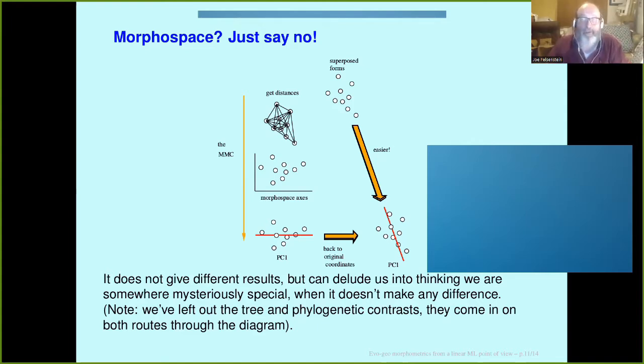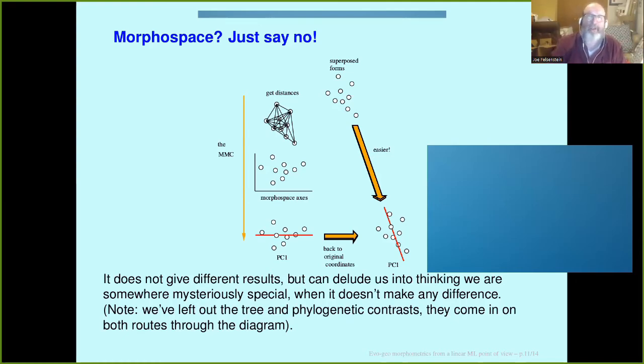But I just want to make the point that the analysis that you will have done going the route of the morphometric consensus ends up being exactly equivalent to taking principal components on the original high dimensional points and just simply ignoring most of the morphometric consensus. So we're going to take a rather heretical position and say, do we need to work in a morphospace? Answer, no. The standard morphometric consensus in the end is just another way of getting the same results.